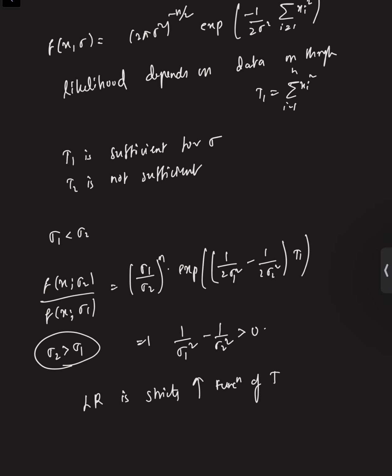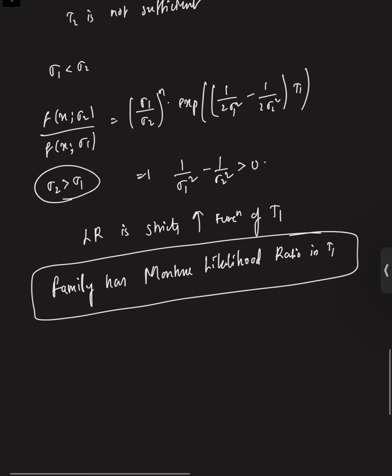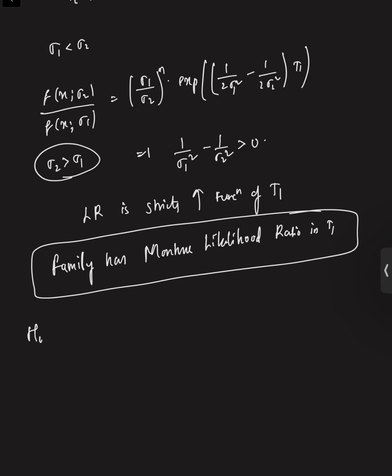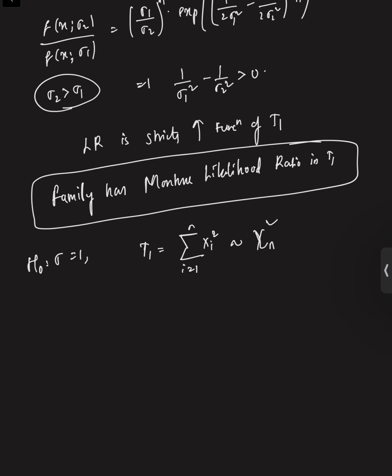function of this T1. So we can clearly see that the family has monotone likelihood ratio in T1. So that means if I consider the distribution under H0, when sigma is equal to 1, this T1, which is the summation of xi square, i equals 1 to n, follows chi-square with n degrees of freedom. And by Karlin-Rubin theorem, since monotone likelihood ratio holds in T1, we can say that the UMP